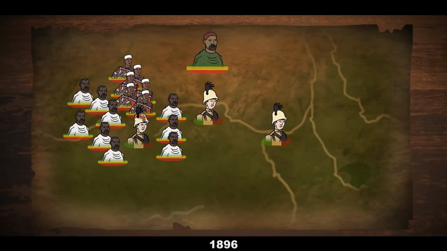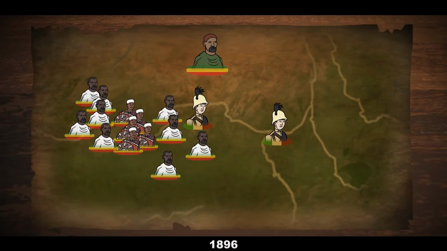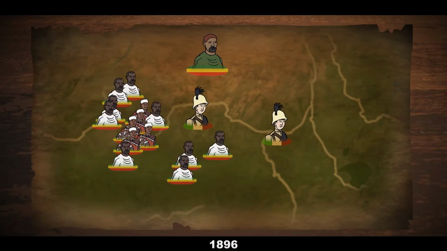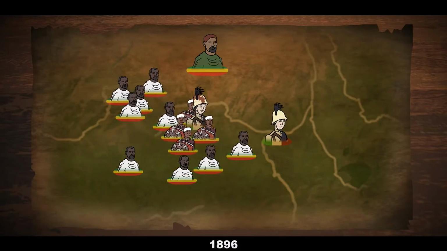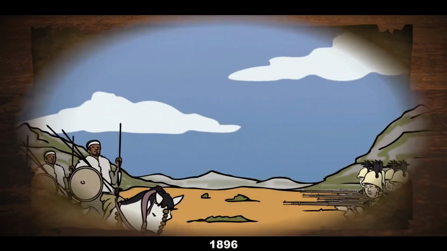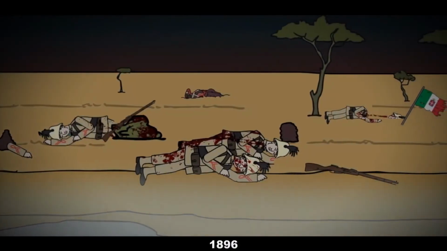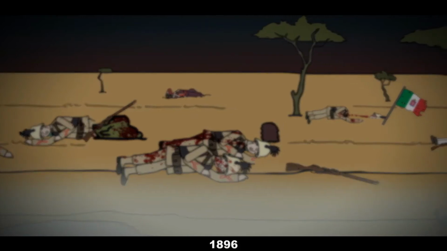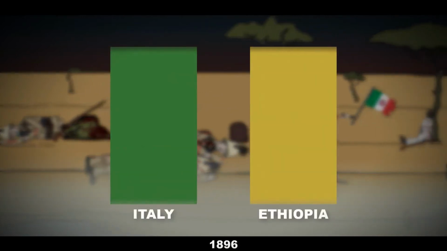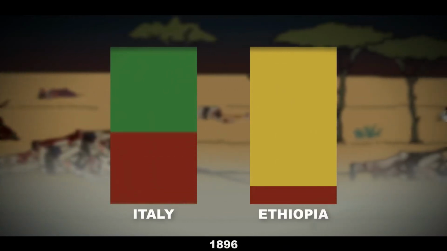The other brigades did not arrive in time to support, and the Italian left was annihilated in a series of charges. Similarly, the center brigade, which was now dangerously isolated, was consumed by mass infantry assaults, and when the final Italian brigade attempted to retreat, it was funneled into a narrow ravine and was utterly destroyed by Menelik's cavalry. During all of this, the Ethiopians lost 10% of their men, while the Italians lost nearly 60%.